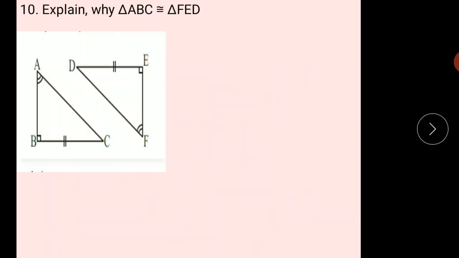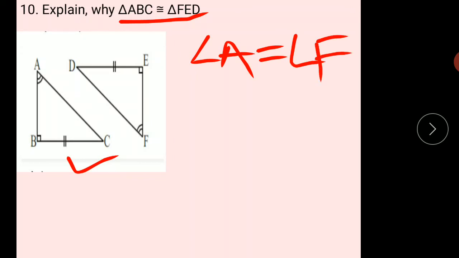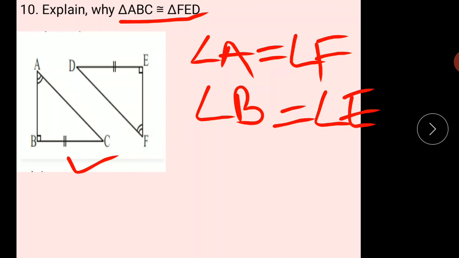Here we have, explain why triangle ABC is congruent to triangle FED. So here in the figure it is said that triangle ABC is congruent to triangle FED. But why? Okay, you can easily see that I have told you that you can write angle A is equal to angle F. Yes, angle A is equal to angle F, because double angle mark is given in the figure. Similarly, angle B is equal to angle E. It is similar to the previous question, but here all the pairs are given.